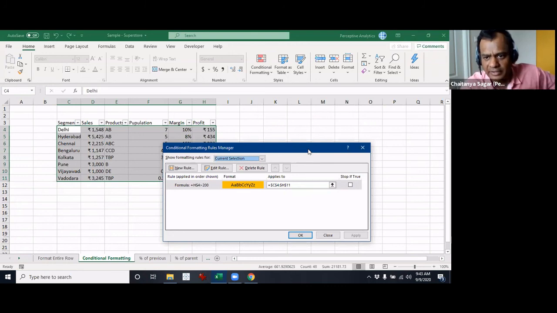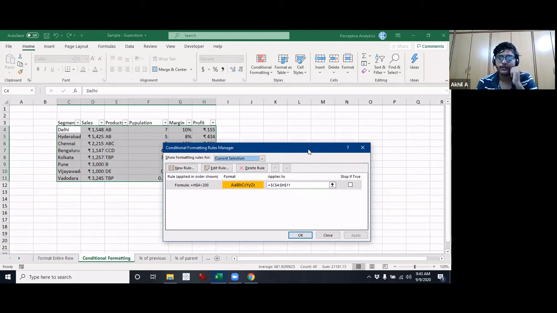Did everyone get that? I think Akhil, you may have to repeat that. Okay, so first it will go to C column. For C column, it will be referring to H column's 4th row value. If it is greater than 200, it's going to highlight C column. Then it moves to D column. For D column, it has been moved one column over, so it's going to move from H column to I column and refer to I column's 4th row value. As we don't have any value, it is interpreted as 0. If you change I column's value to 201, then you will see the highlight.